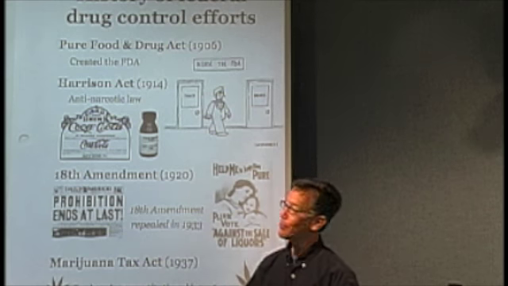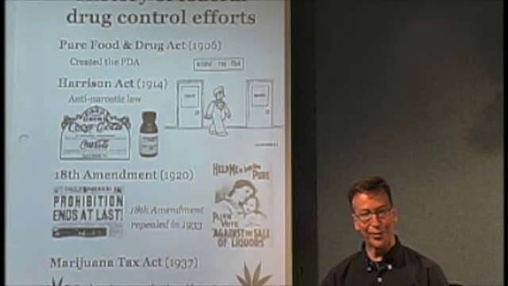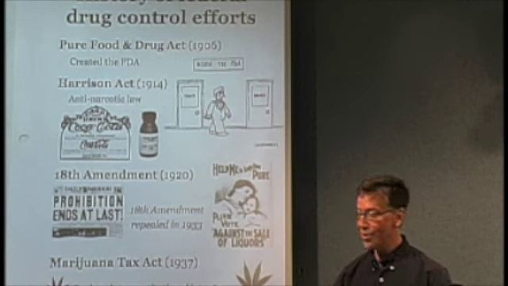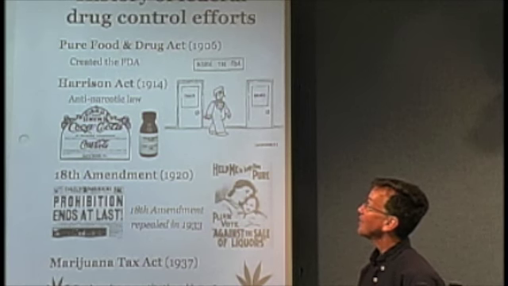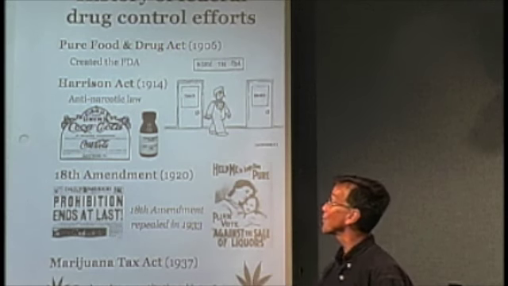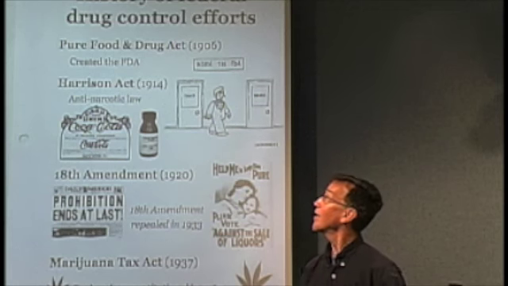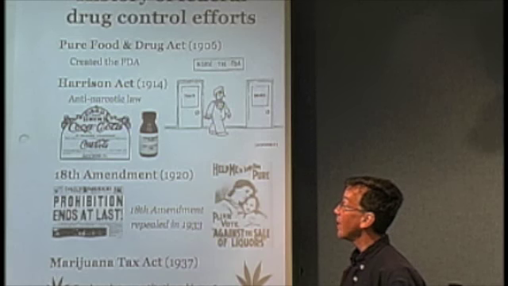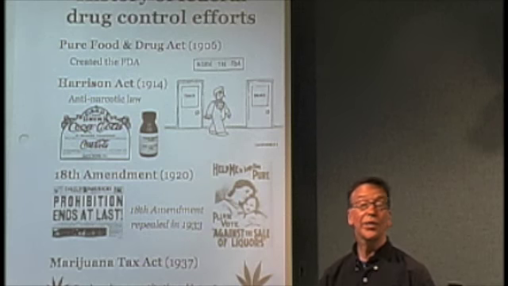Your textbook has a pretty good historical description of the efforts to control access to drugs in this country. But just a really quick review here. In 1906, actually, in the United States, this was the first effort to sort of control access to drugs. This was the time when the Pure Food and Drug Act was passed by Congress, which created the Food and